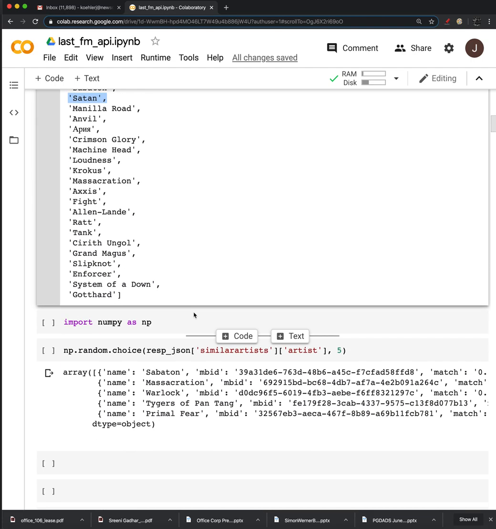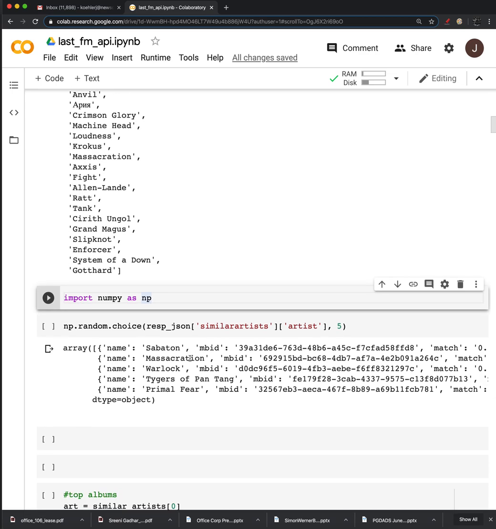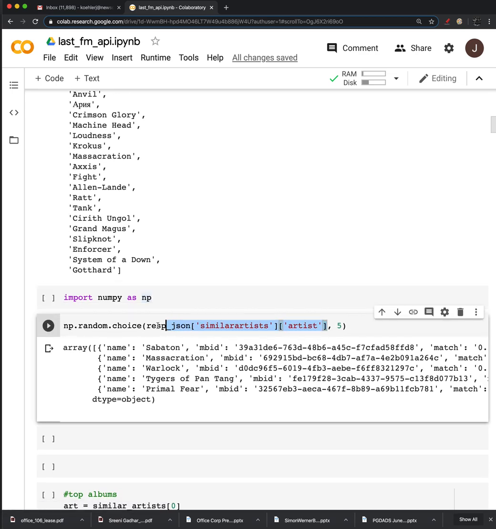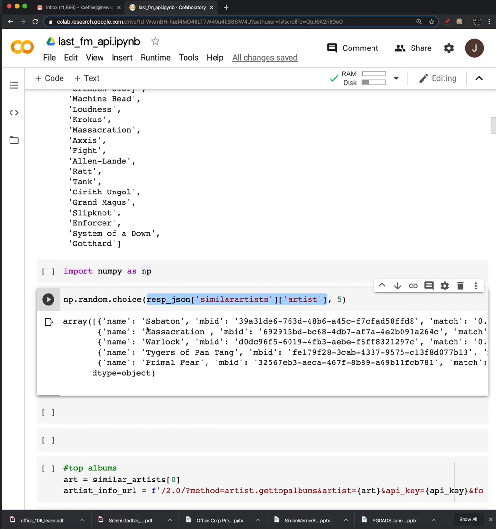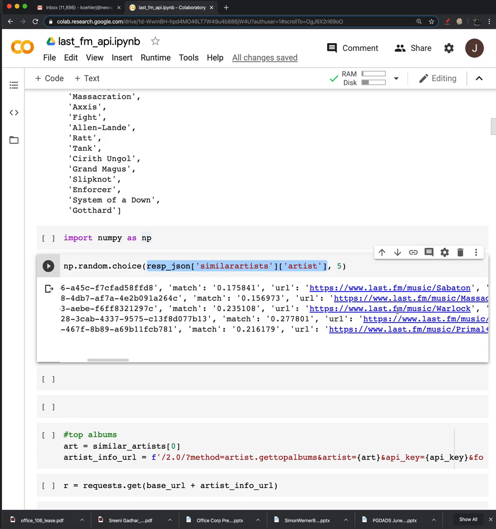Great. And then maybe you just want to take the first 5 of these, maybe you want everybody, however we want to handle it, but I thought that maybe we could just take a random selection from that group. So same kind of idea, if we choose 5 things from that artist category, we could just grab any of those 5 random things. Or if we want just the names,